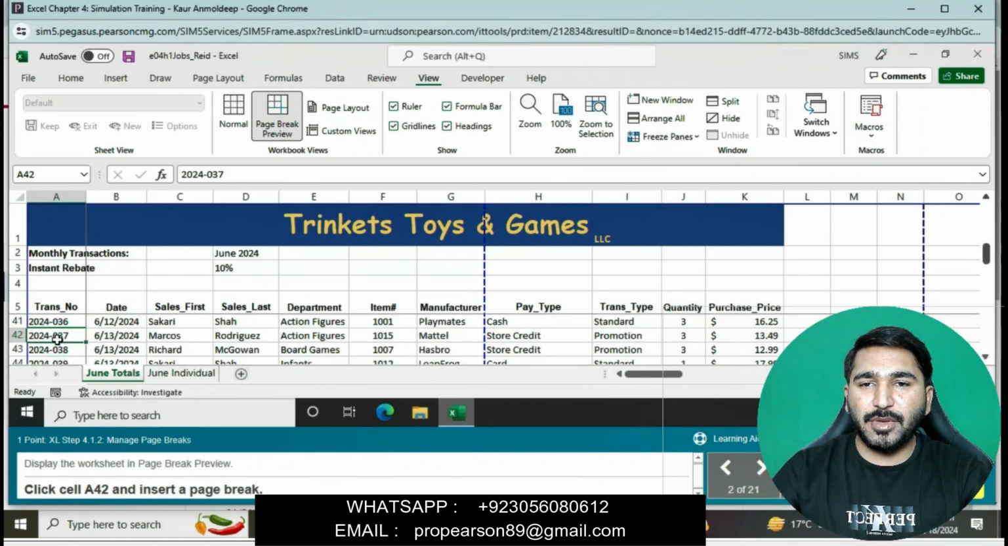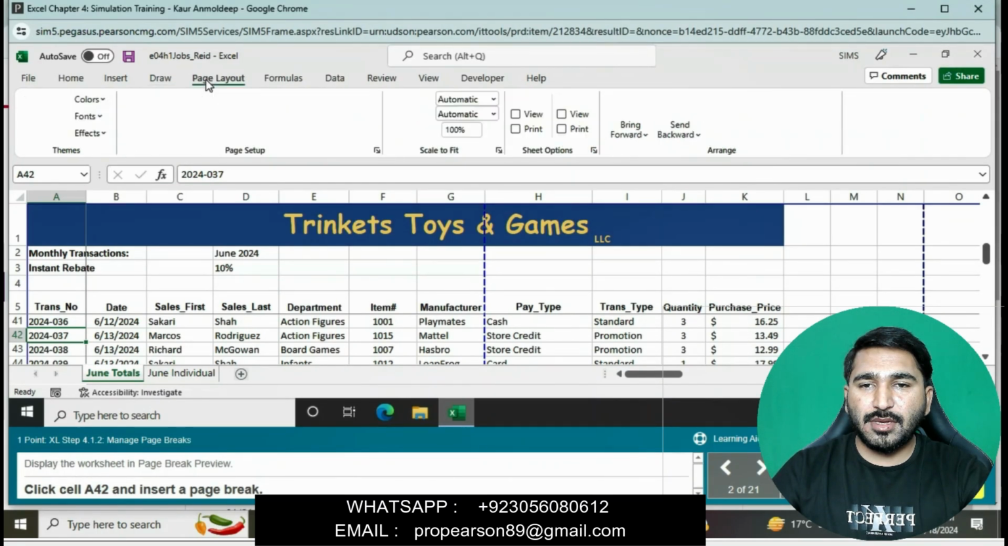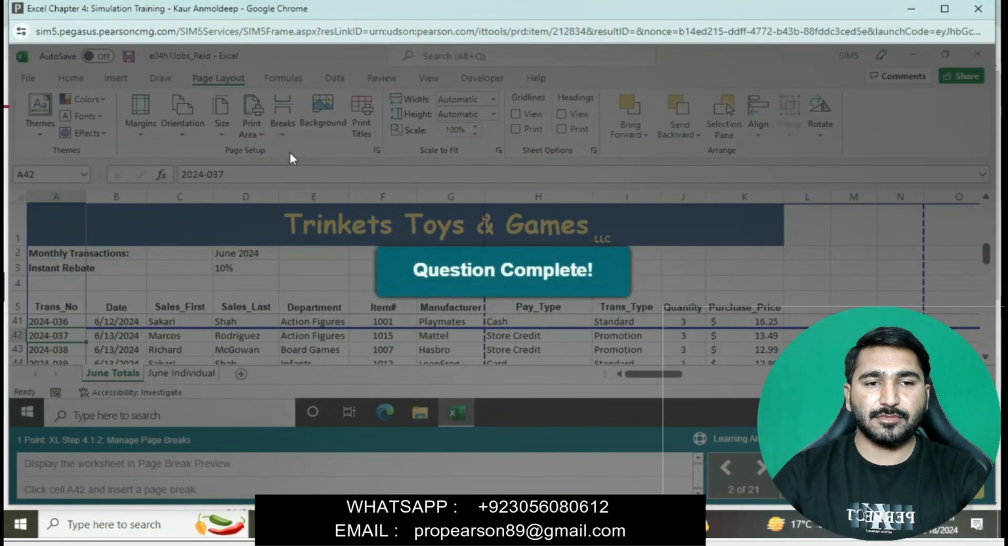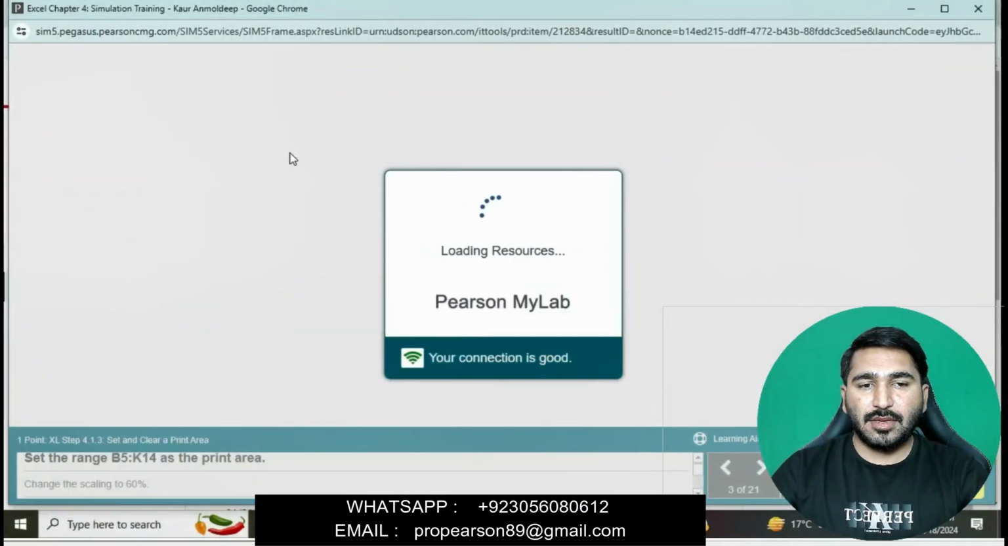Go to the page layout tab, and then click on breaks, insert page break. The question is completed now. Question number 3 is that